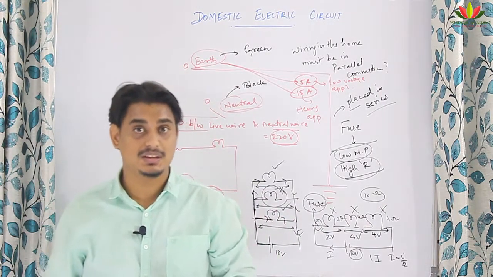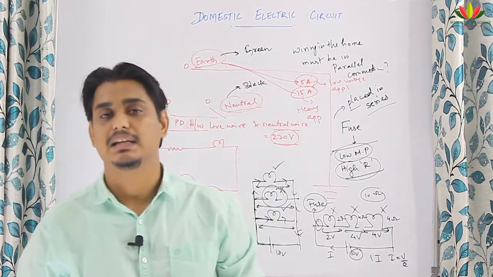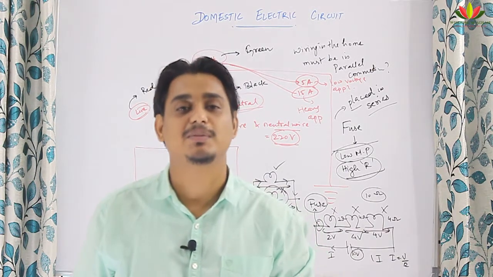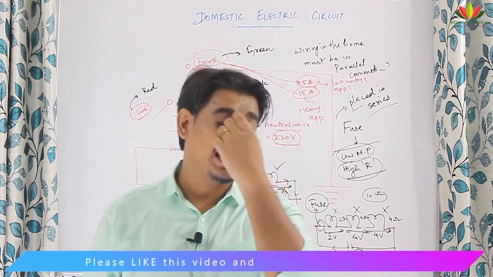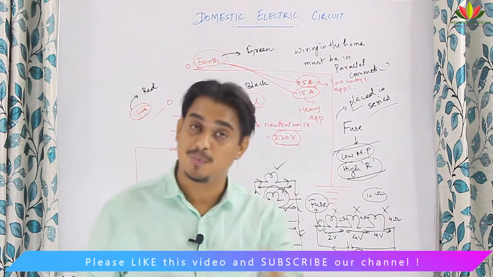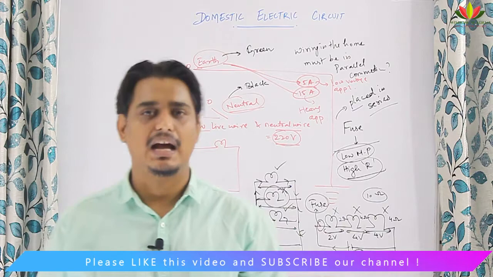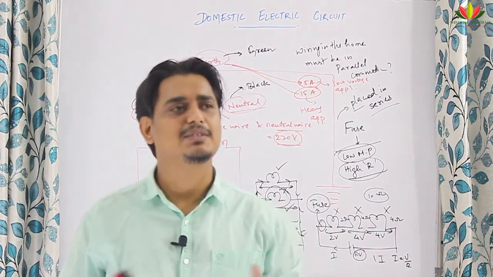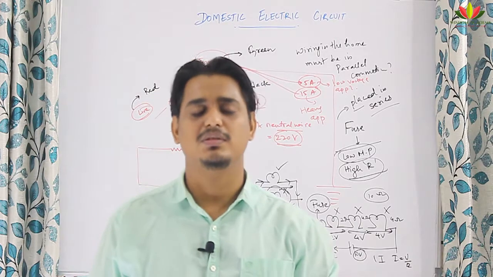I hope you have understood this and you have taken proper notes of it. In the next class, let us see what we do, because we have finished all the 4 chapters of physics. I have talked about light, I have talked about the human eye, I have talked about electricity, and I have also talked about magnetic effects of electric current. In my next video, I will talk about sources of energy.